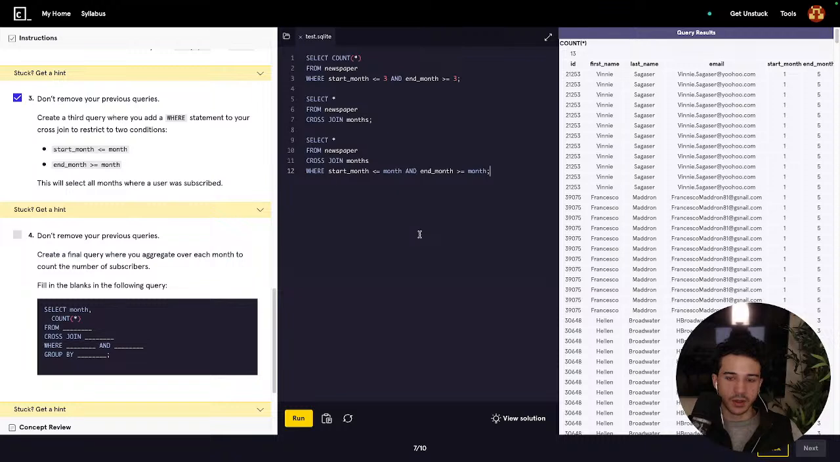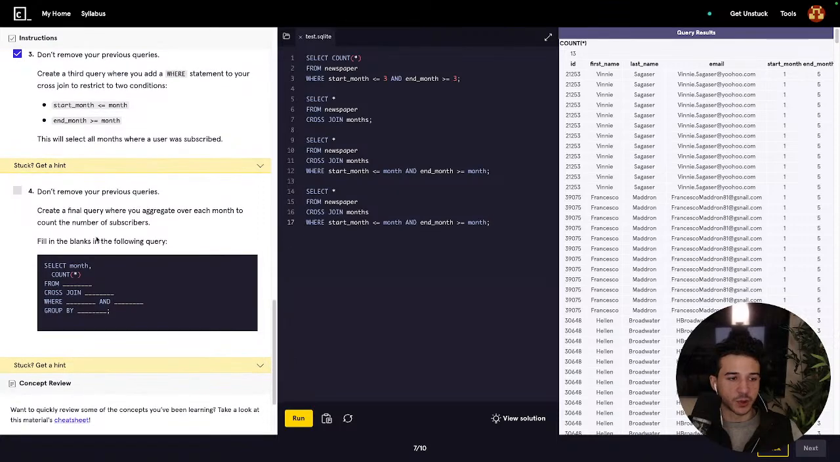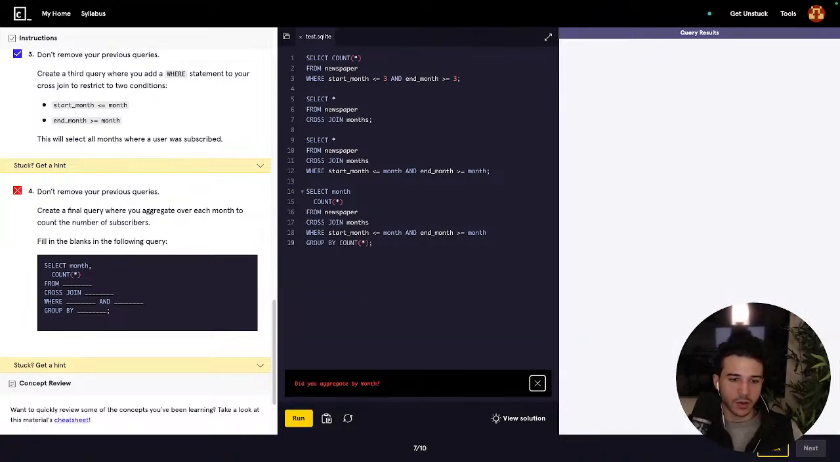Create a final query where you aggregate over each month to count the number of subscribers. Fill in the blanks in the following query. So we're going to select month, count all from newspaper, cross join months, where start month is less than month, and we're going to group by. No, sorry, apologies. So select month,